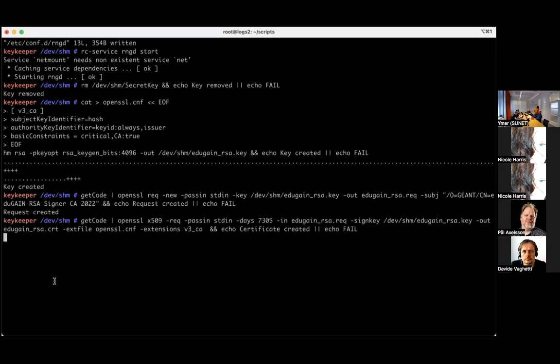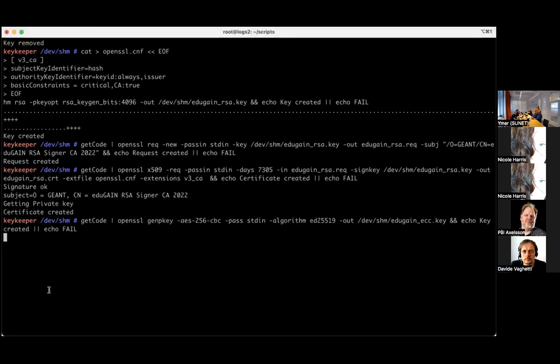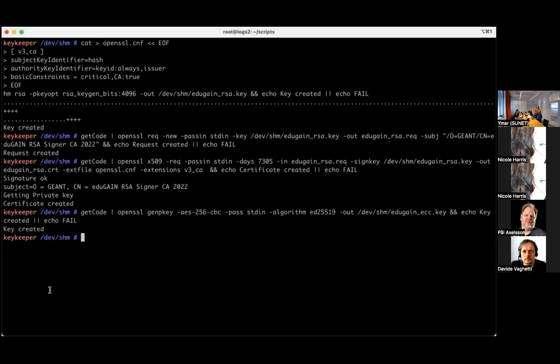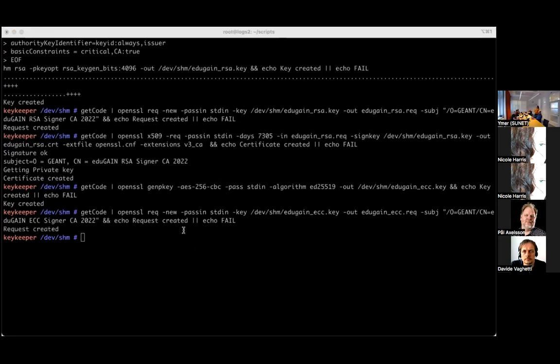And now we're doing the third step. So the first step was generating the certificate request, and now we did the self-signed certificate. And at this point, we're generating an Edwards curve key. So we're doing the same process again